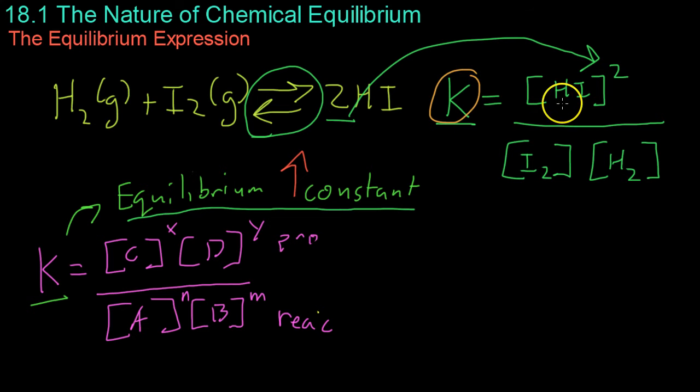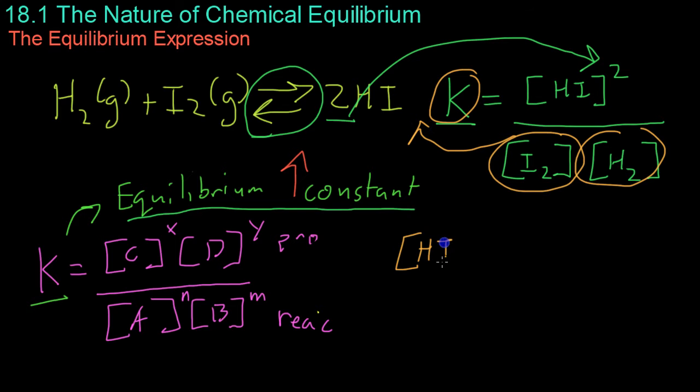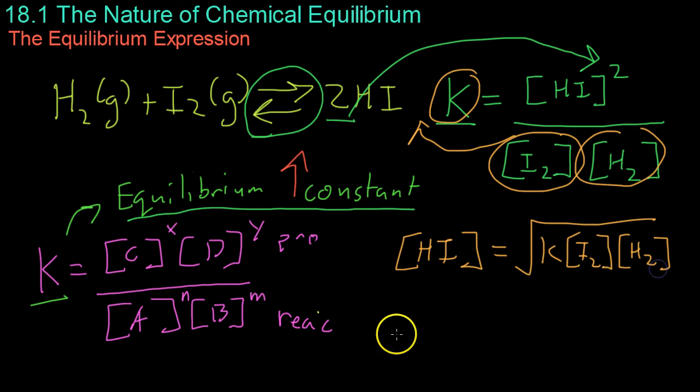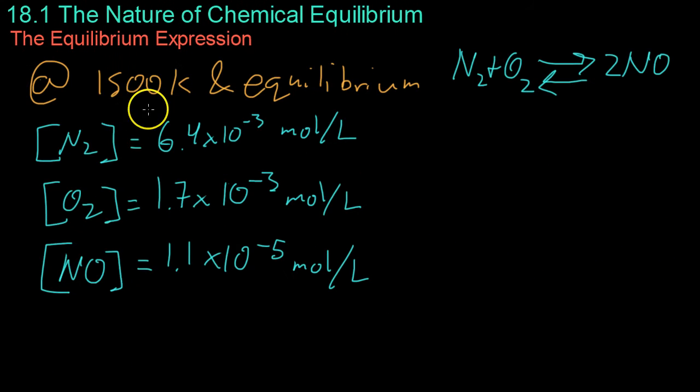So for example, if you wanted to know the concentration of hydrogen iodide you'd be forming in this reaction at a given temperature, you could simply solve for the hydrogen iodide, that is, bring the iodine and the hydrogen up here through basic algebra and then take the square root, and you'd get that the concentration of hydrogen iodide is the root of your equilibrium constant times your concentration of iodine and your concentration of hydrogen. So given 1500 Kelvin and that we're at chemical equilibrium and we're given these concentrations,